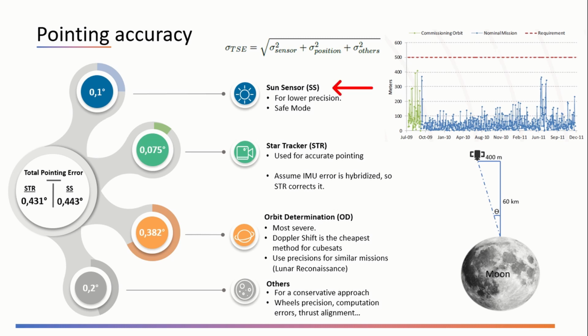Here you can see the sun sensor accuracy, the star tracker one, which is much better than the sun sensor. But we have also taken into account the orbit determination, which is the most severe one, in which the Doppler shift would be the cheapest method for a CubeSat. And in order to provide a typical value, the precision for a similar mission such as the Lunar Reconnaissance Orbiter has been used, which together with the low passage can provide an estimation of the pointing error of the